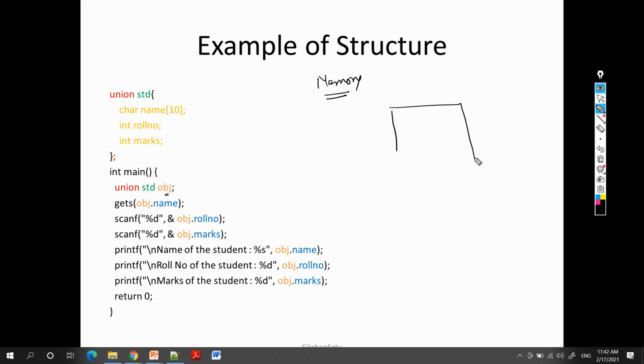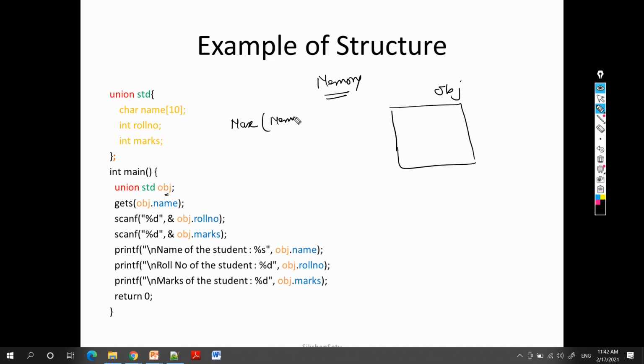A big box is created, and the name of that box is obj because this is the object. What amount of memory will this obj occupy in the case of union? It is the maximum of